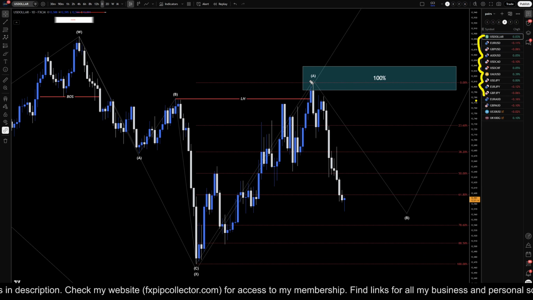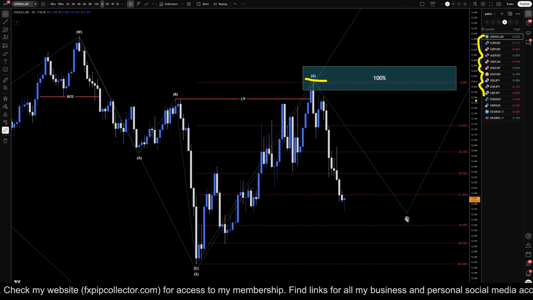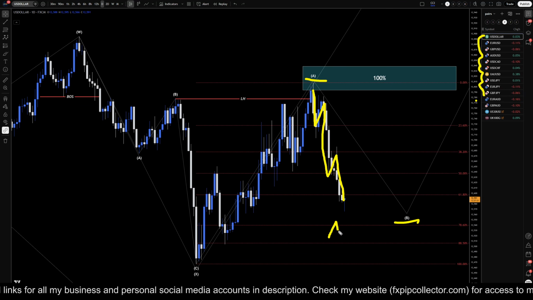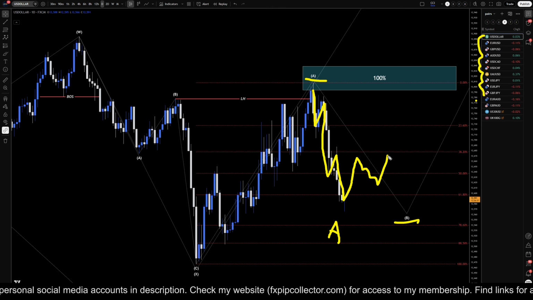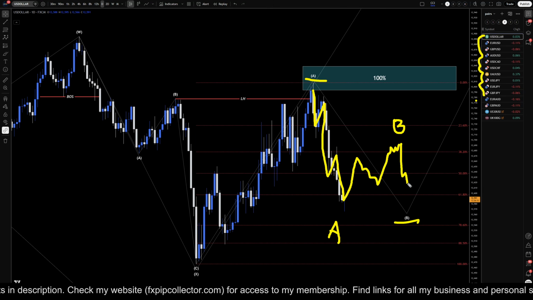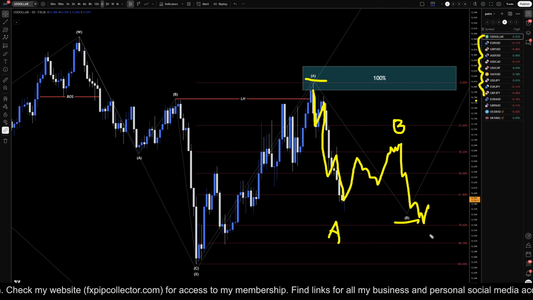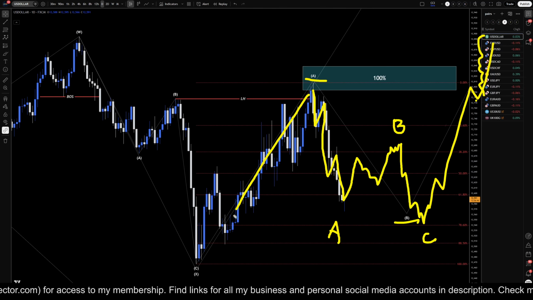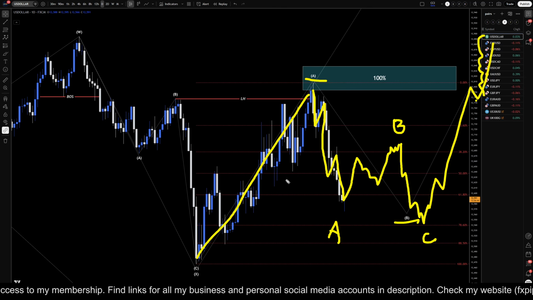Like I've been saying over the last week or so, I think that this is an A, B, C inside of a WXY pattern on the weekly. It definitely looks like a 1, 2, 3, 4, 5 also. It seems like we potentially could be getting close to ending a wave A. If that's true, then the next move would be up for the dollar, potentially for maybe even a week or two, for a wave B, and then potentially back down again, maybe to like the 78% for a wave C, before we actually end up making another big uptrend similar to this uptrend for the big wave C on the weekly time